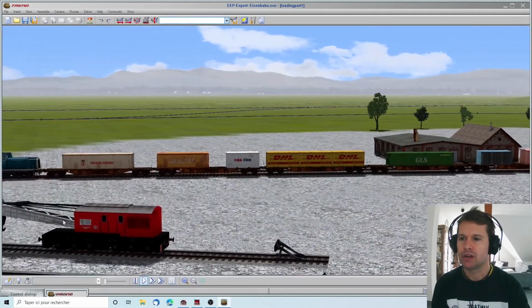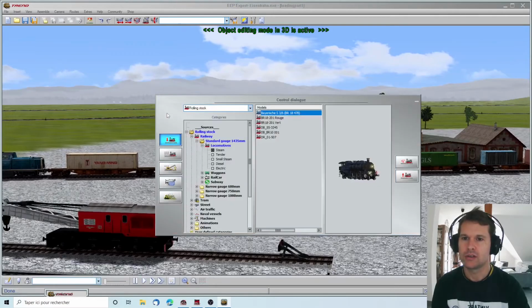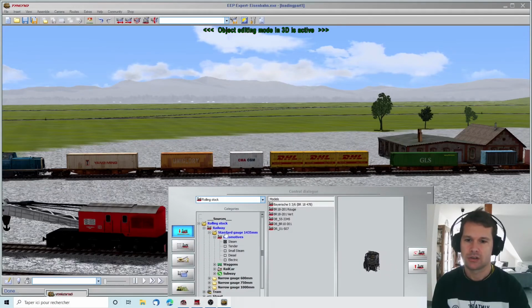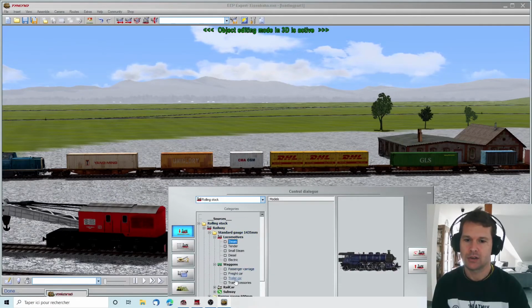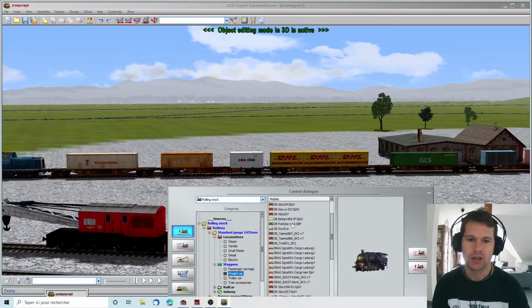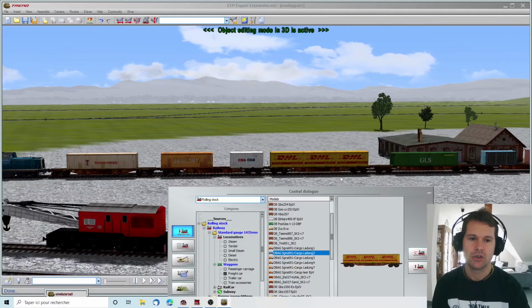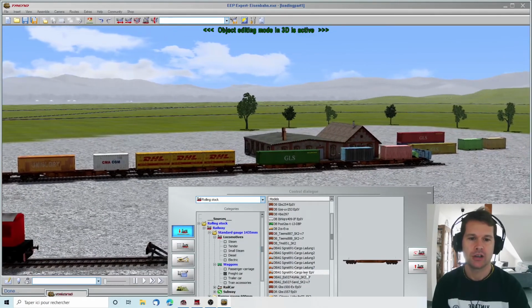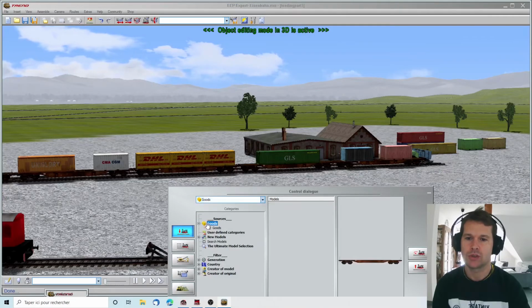As you can see, let's move in the editorial mode. You have here a train with already built-in containers. You go here on freight car, and here you can see you have already the containers. These are fixed. You can unload these, and that is only to populate the freight train. And here at the end I put two of these. They are empty, and then I put on them the goods you can find here,